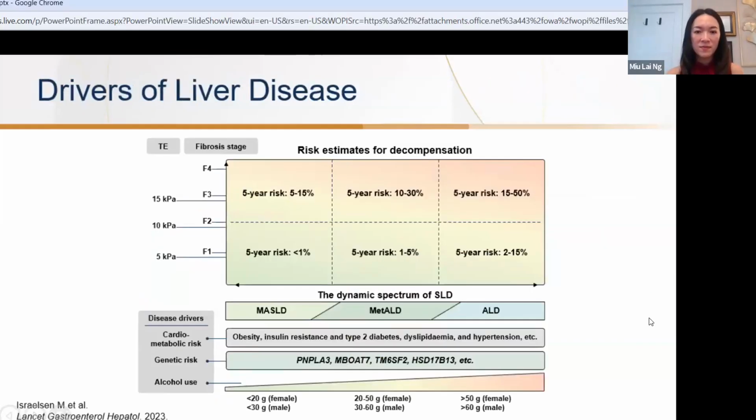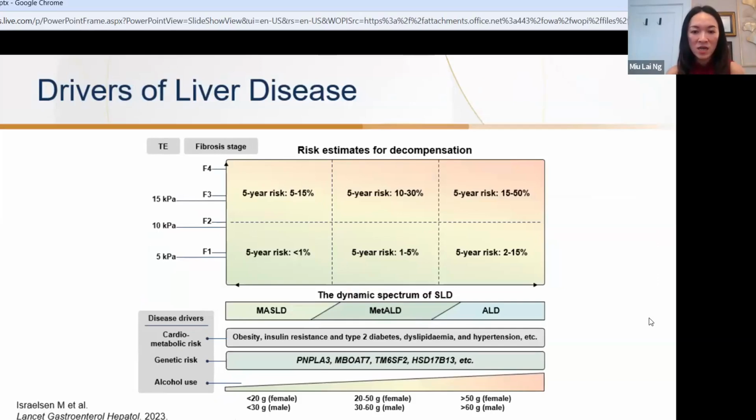So I like this diagram. It is the drivers of liver disease. Sometimes you see these patients, should you, in the back of your mind, worry about them? So let's look at this graph. If you don't mind, turn your attention to the middle part of the slide, the dynamic spectrum of SLD, steatotic